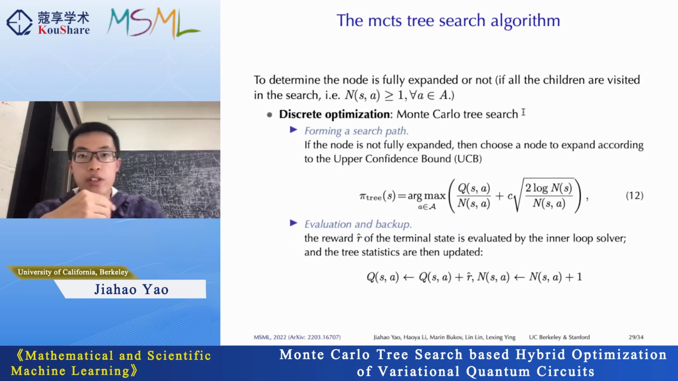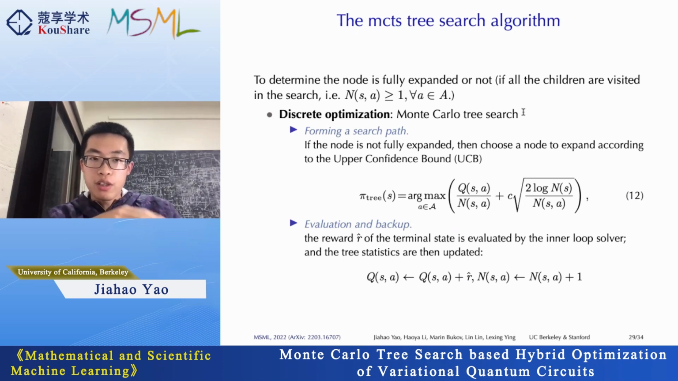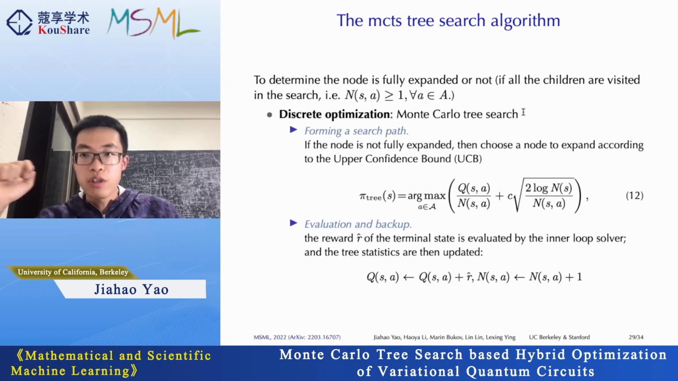The details of this Monte Carlo tree search algorithm are shown as follows. For the discrete optimization, each time it tries to form a searching path. When it finds a searching path, it finds a node which is not fully expanded. And if a node is not fully expanded, the search will select a node according to this UCB bound. The first part is the average score, and the second part is the exploration effect